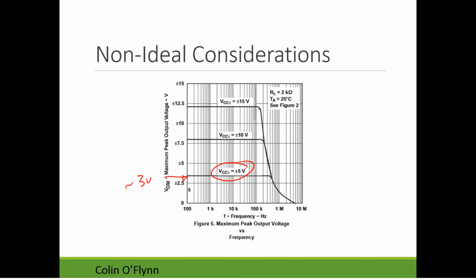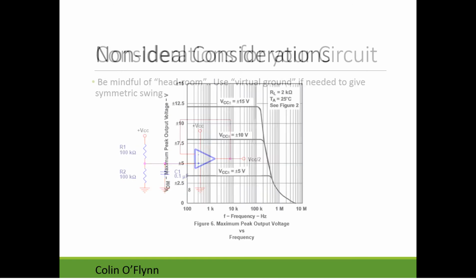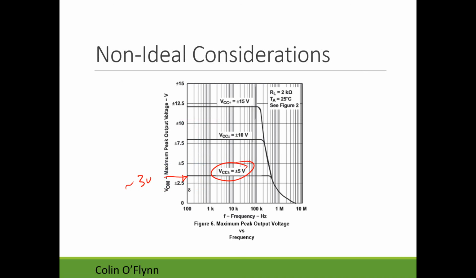This is what they call headroom, which is the difference between one of the supplies and the maximum output voltage you can get. And this is on both the positive and negative side. What is that? Is that about 3? I don't know the exact, I think that's around 3. So in this case, there's about 2 volts of headroom. You can measure what it exactly is, but say 2 volts of headroom.